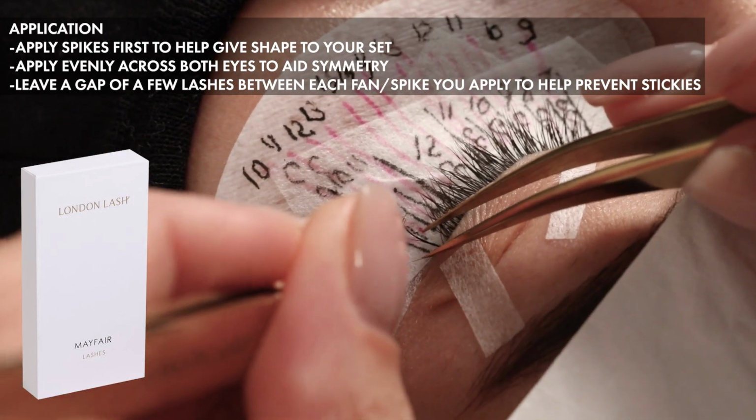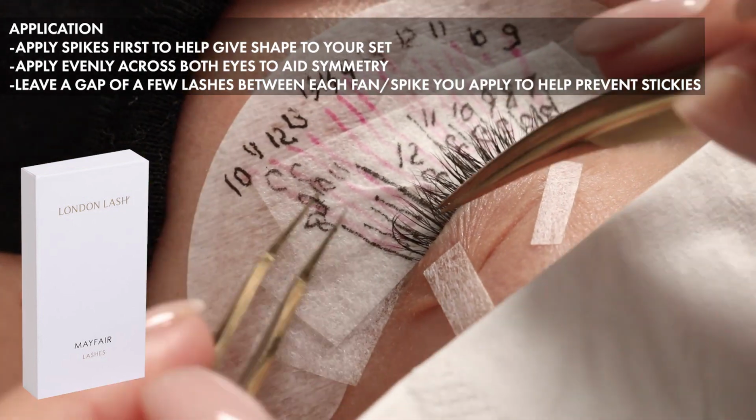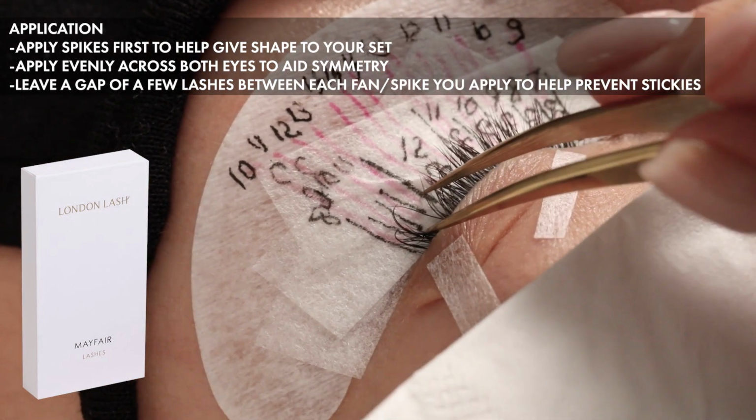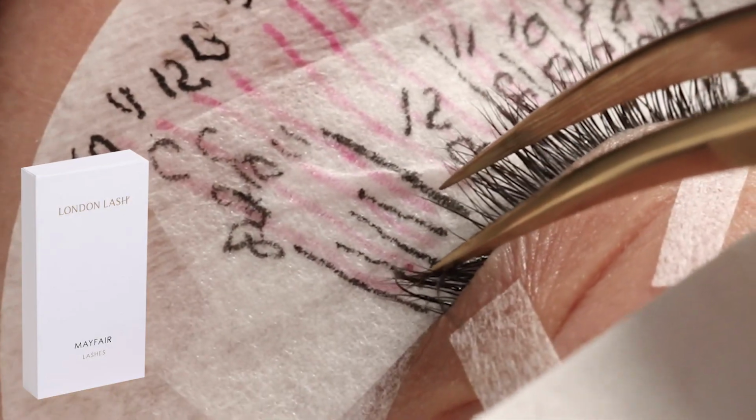lash map. You will see here that in the map itself, we've taken spikes that are about 2mm longer than the fans we'll be using. This is really just so that they stand out, so that when the model opens their eyes, they've got that